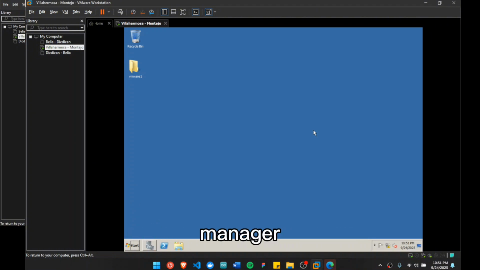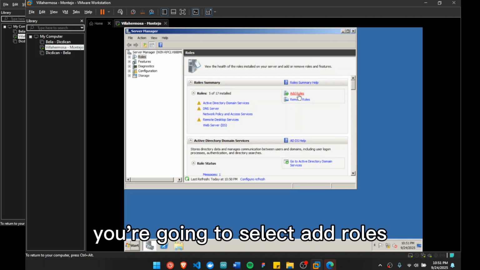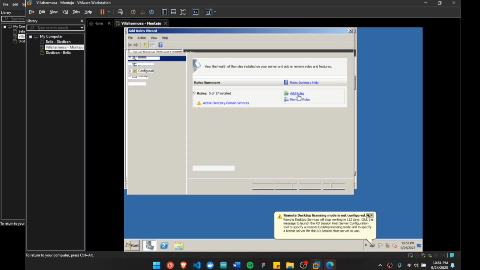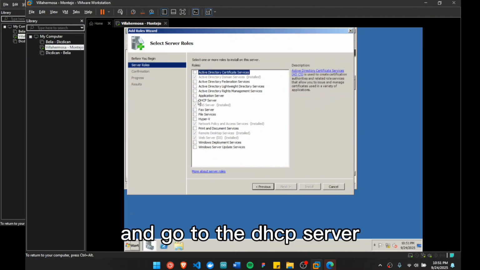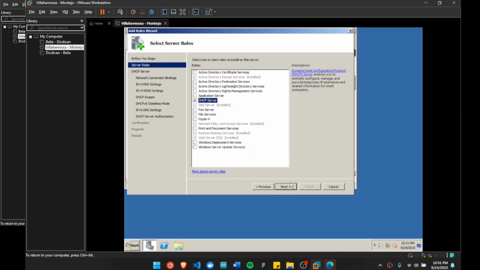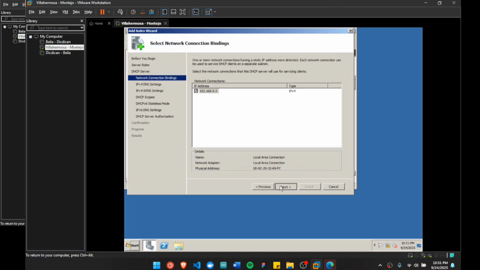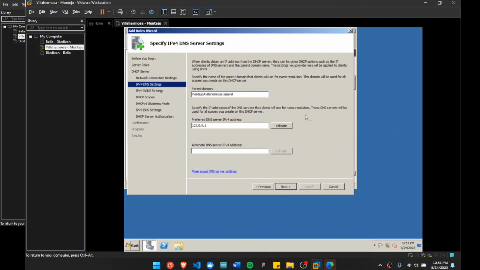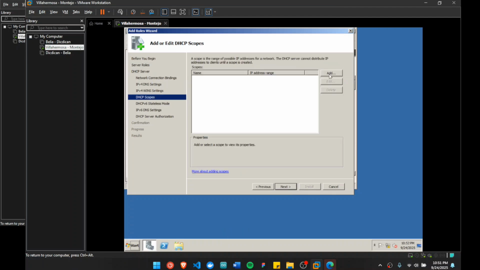we're going to the server manager. We're going to select add roles and then click next and go to the DHCP server and click next, next, next again. So going to click next, next. Then we're going to